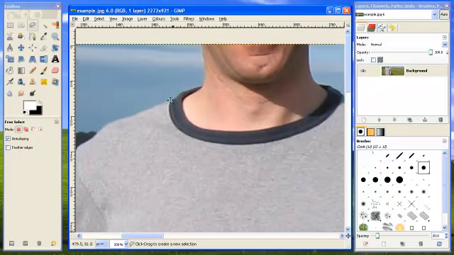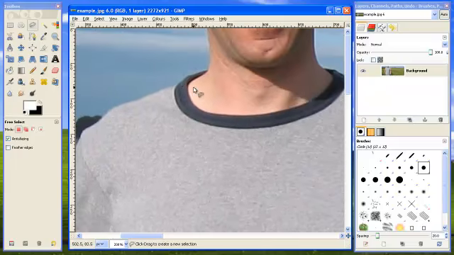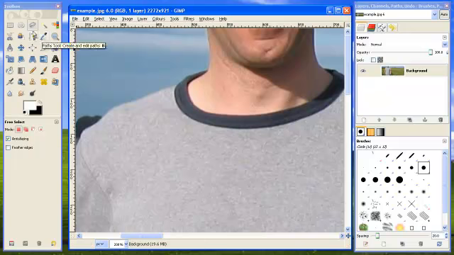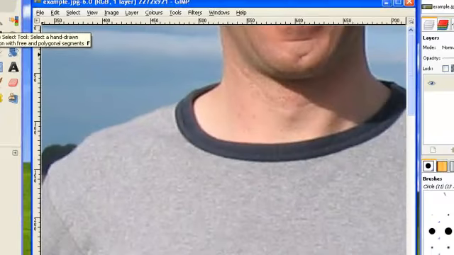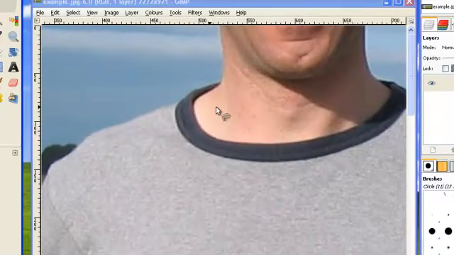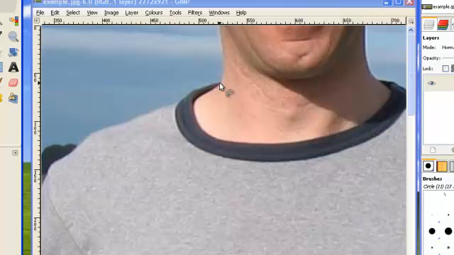So let's show you how to cut this t-shirt out of the image. Pop over onto the toolbox over here and find the tool called the Free Select tool. It looks a bit like a lasso. Click that one and then come back to your image. And then in an area that you can find easily again later, just click on the image on the edge